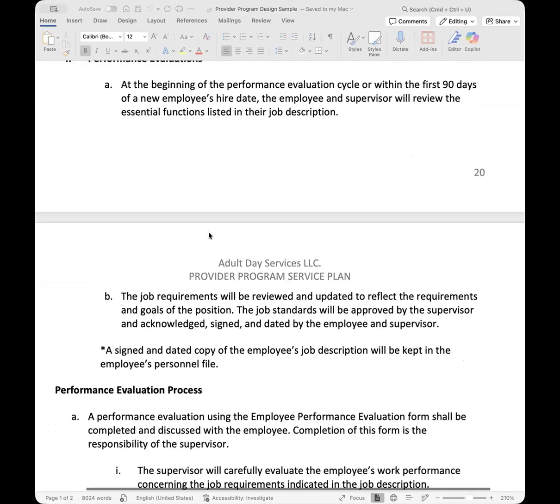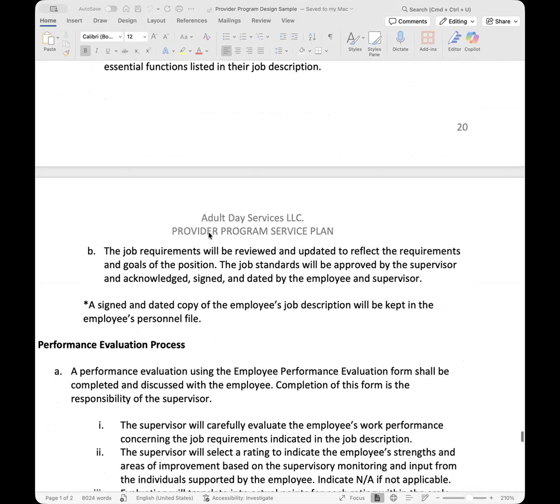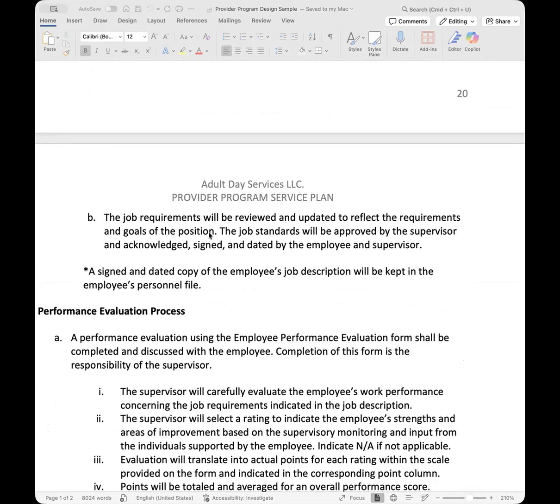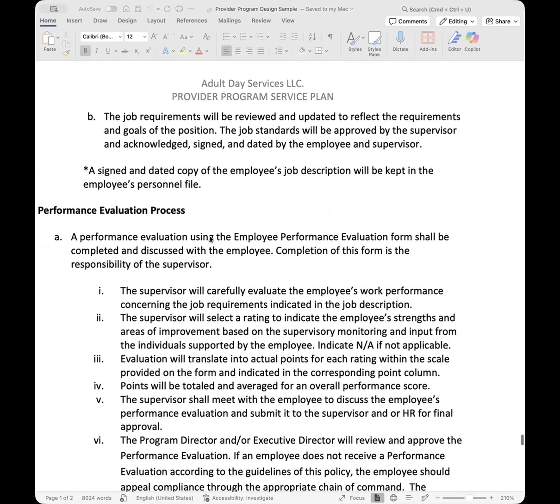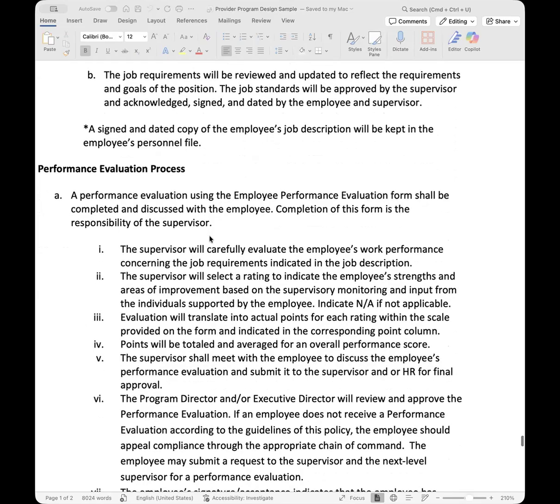Okay. One thing I want to mention about the evaluations is the supervisor will carefully evaluate the employee's work performance based off the job description, which is why it's so important to maintain a copy of that job description. The supervisor will select a rating system.